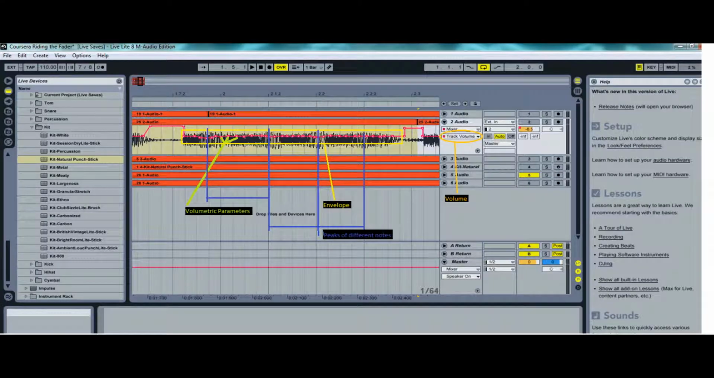The term riding the fader is actually quite a simple concept. Basically, all you're doing is changing the volumetric parameters of an envelope within your DAW, and you're doing it in a way to balance out the dynamics of the performance so that the loudness of each individual note being sung or played has a more similar, maintained, balanced volume to the rest of the notes, regardless of their original velocity